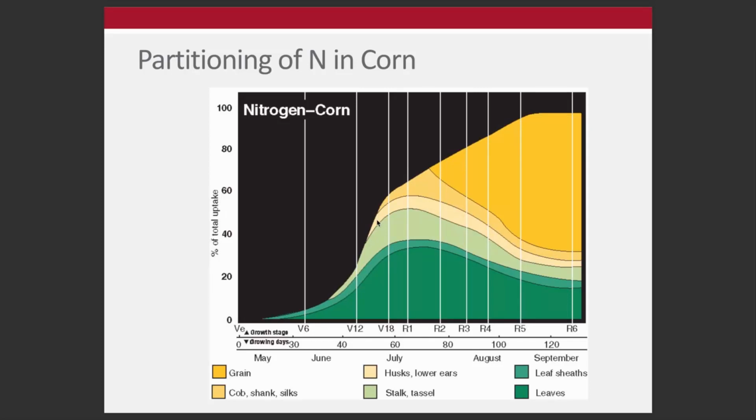It's pulling a lot of nitrogen up, but it's not until tasseling that we see any ears or any grain appear. So what the plant is doing is storing a lot of N in leaves, in sheaths, in stalks, etc. And then as that ear forms, it's translocating, physically taking nitrogen, proteins, amino acids,